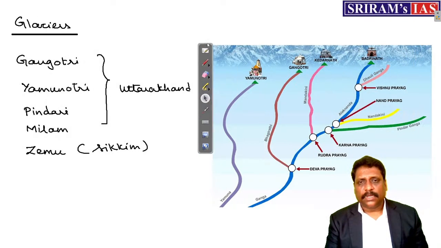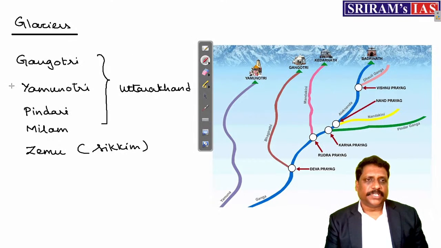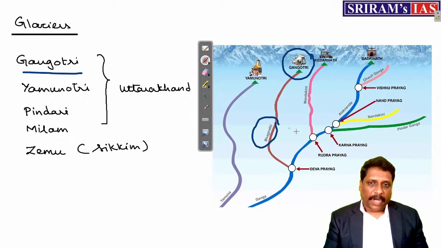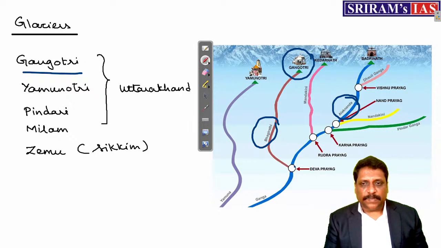Okay, very important. And see, when I talk about these glaciers, Gangotri, I know Gangotri is the place where Ganga as a river originates from. But interestingly, the river which emerges from Gangotri is not Ganga. This river you call them as what? Bhagirathi. Bhagirathi confluences with another river called as Alaknanda, and they meet at this place called as Deva Prayag or Dev Prayag. And from there, we have the confluence or the emergence of what?